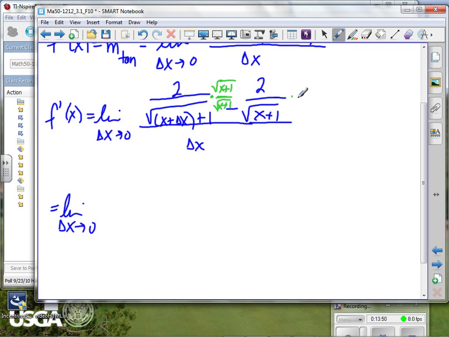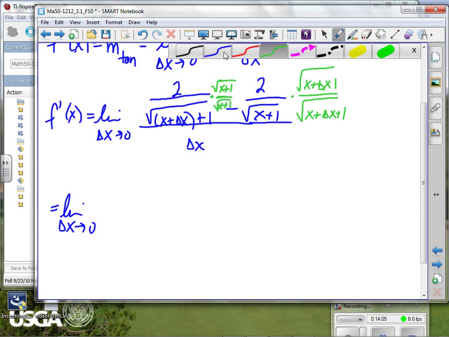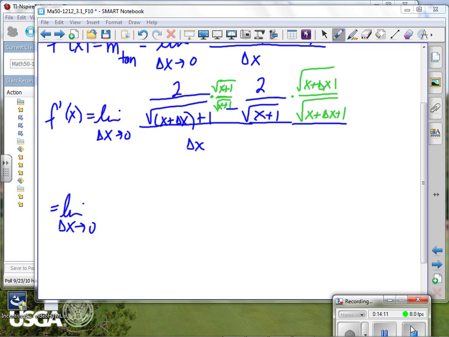Okay, what about over here? I got to multiply that by something, and that's going to have to be the square root of x plus delta x plus 1 divided by the square root of x plus delta x plus 1. Okay, so I'm not going to do anything different than what I would do in arithmetic. Okay, so we're going to